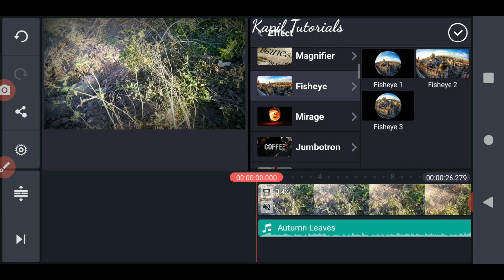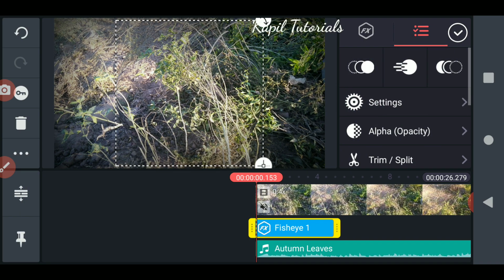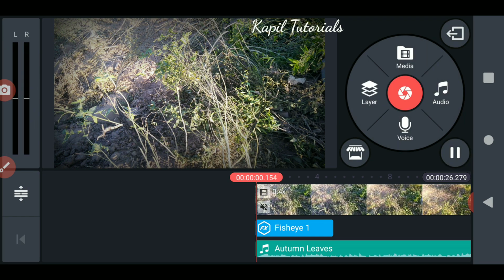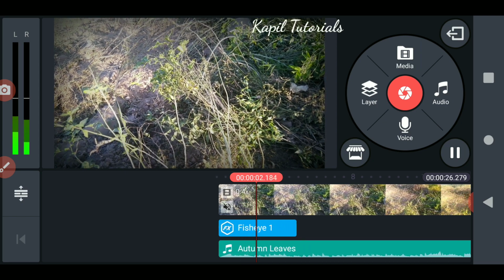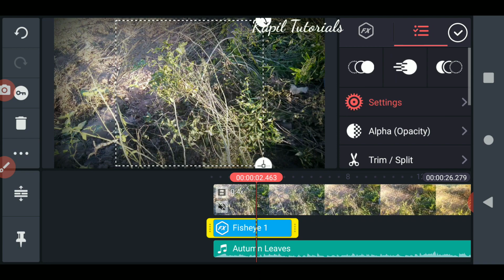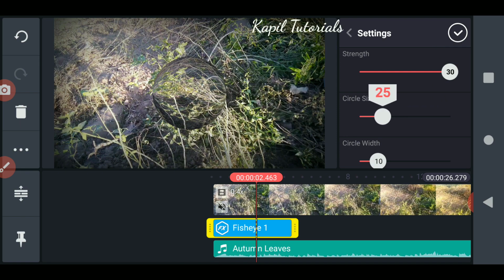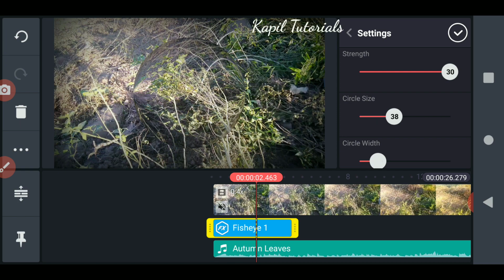Let's try this one. I think you have not noticed. I'll just do the settings. I'll increase the strength. I hope now you can see. Now you can easily view what I am doing. Size I'll make it small.